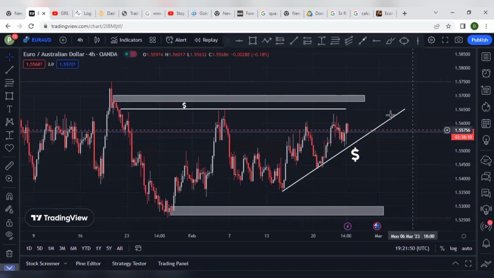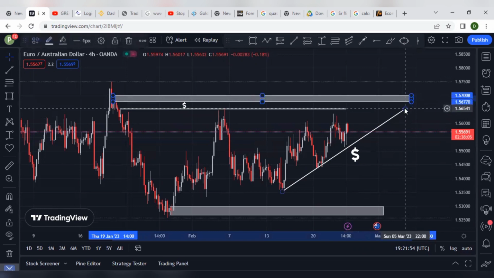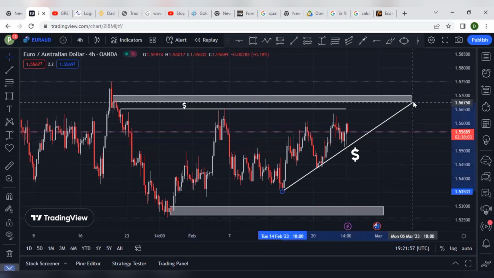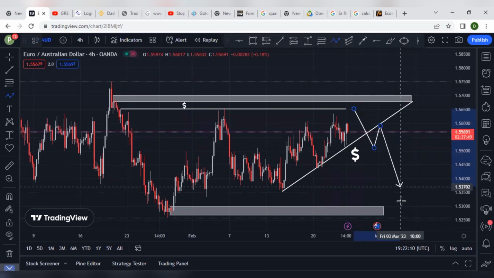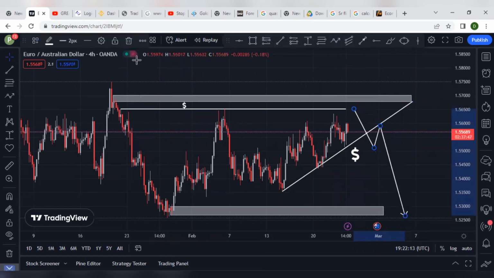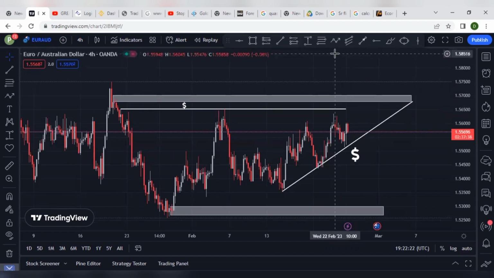So those who are trend traders, they would like to see this trend line broken, a retest, and then they are going to sell. But we supply and demand traders, we know that definitely there's liquidity over here. So once we see price taking this high,